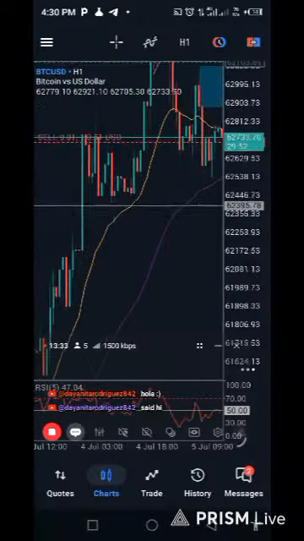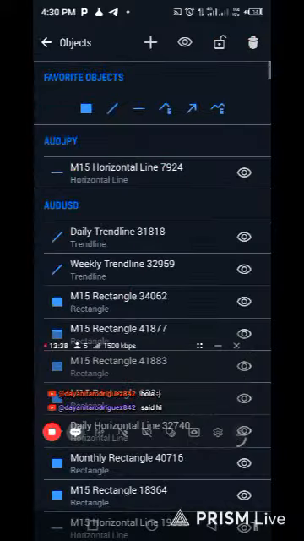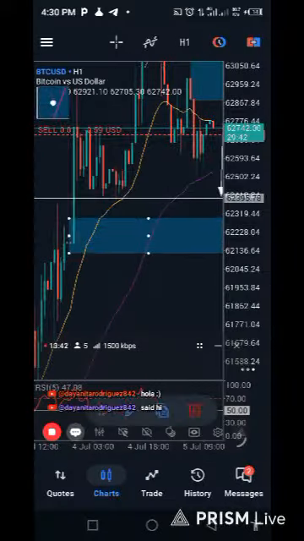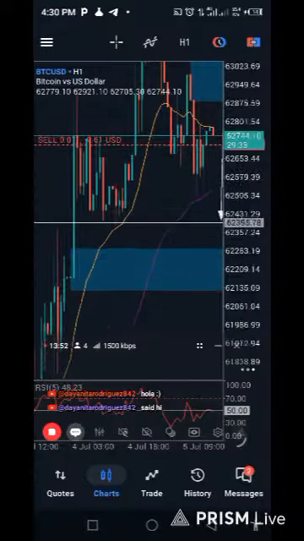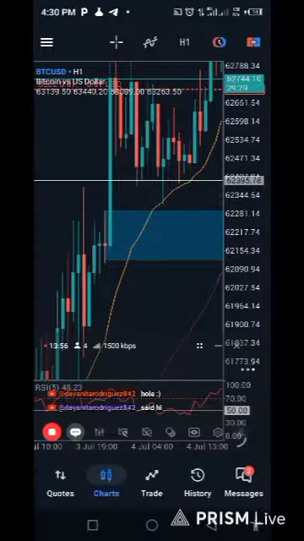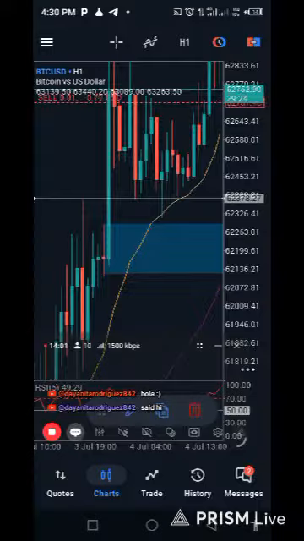Let's look for another block here. There's another block here. I think this other block has not been mitigated, but it doesn't seem likely to. What makes another block valid is if there is a break of structure before the other block. It has not been mitigated. You can see it clearly that it has not been mitigated. So there is a break of structure here. There is always a break of structure. After a structure has been broken,